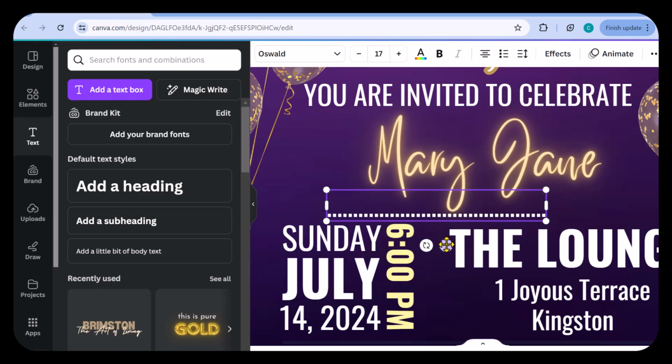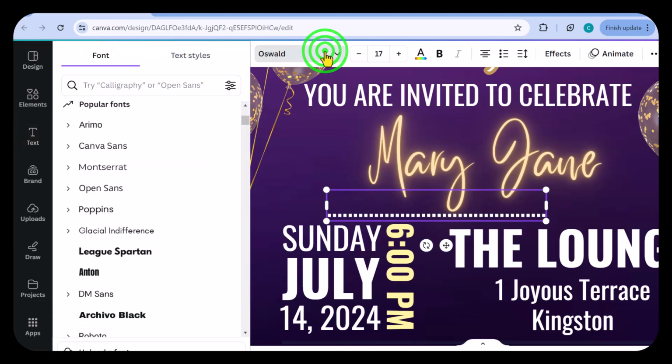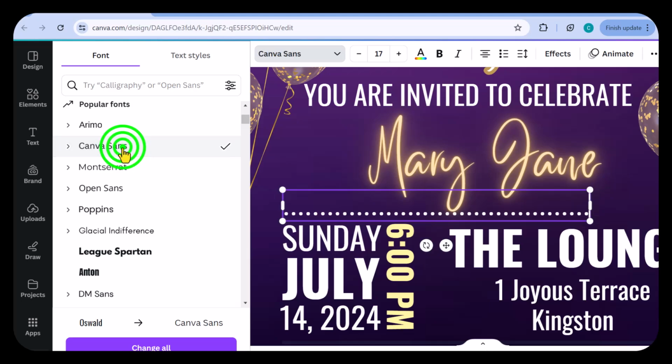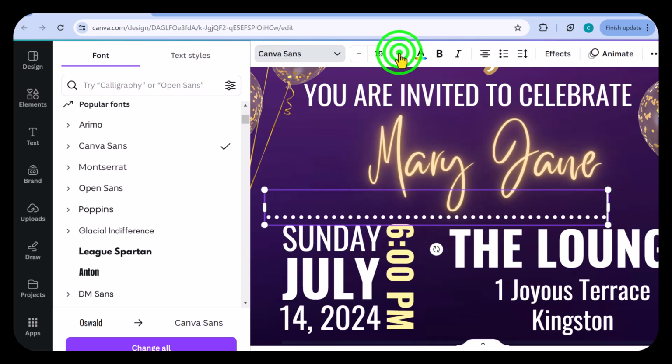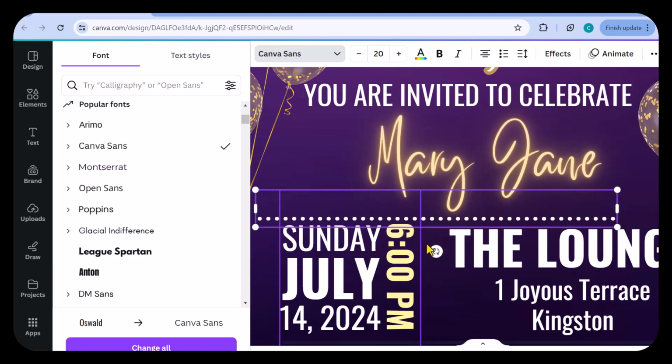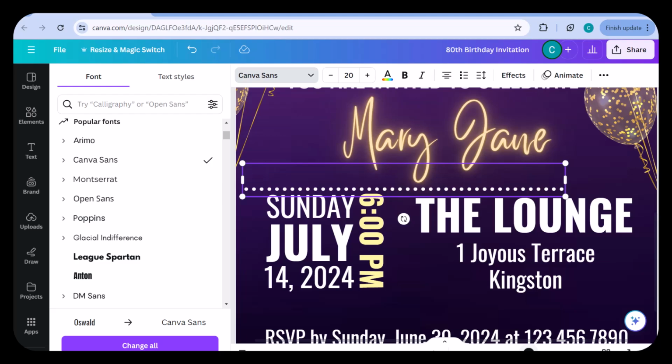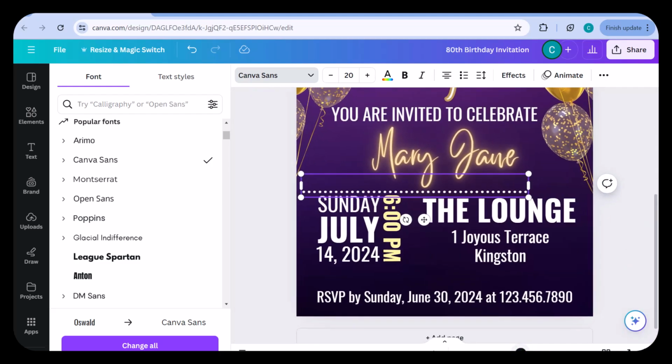However, I do desire for them to be in the shape of a circle. So what I will do is change the font style to one where the full stop is in the shape of a circle. In this case, I believe Comic Sans offers that, and so I will select the Comic Sans font.